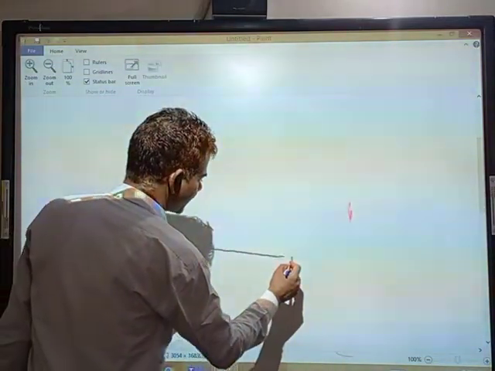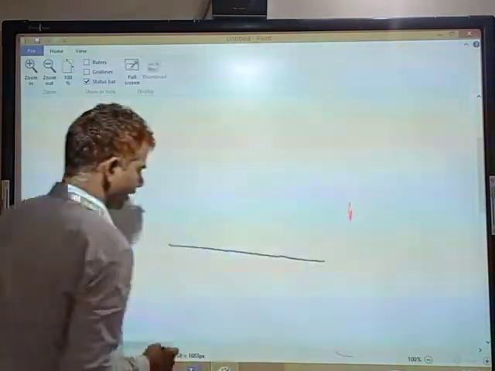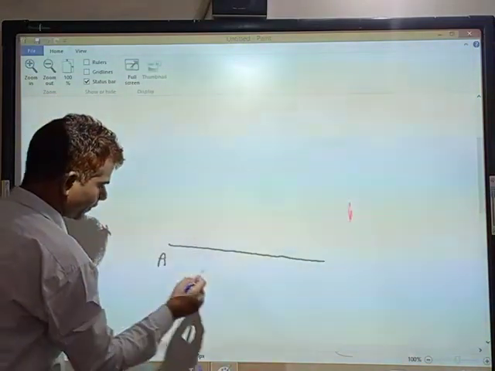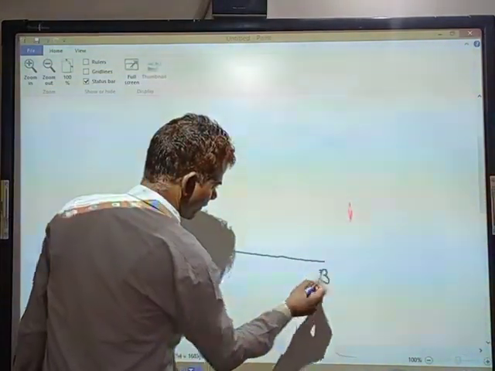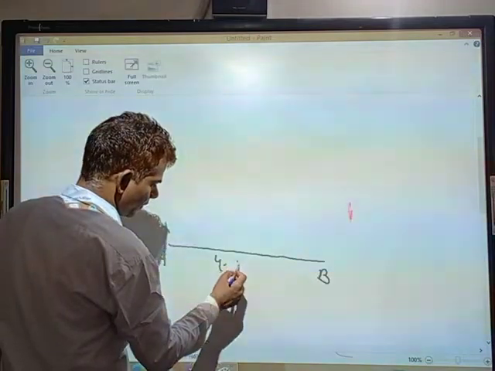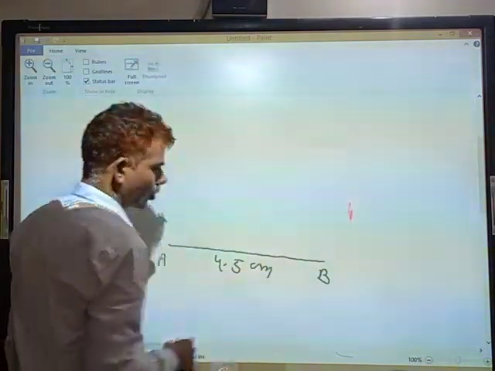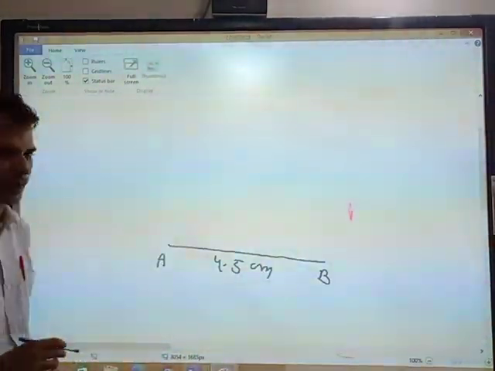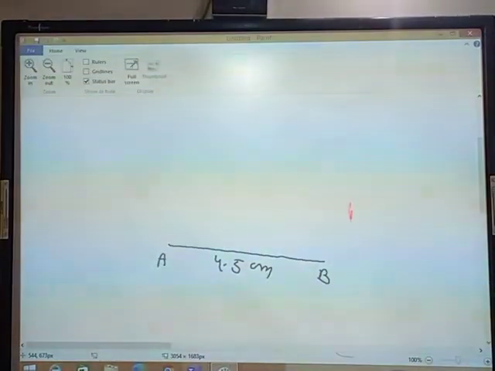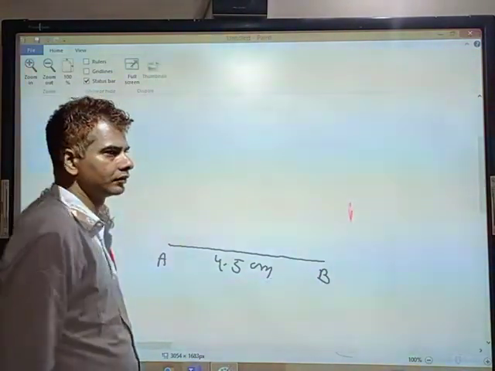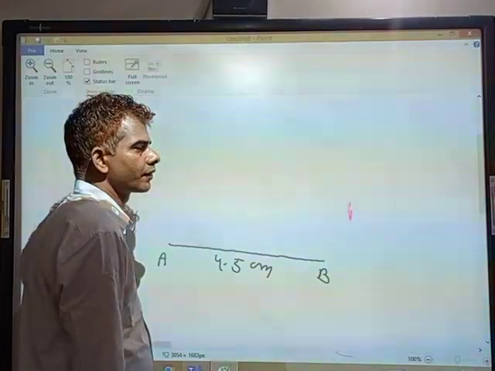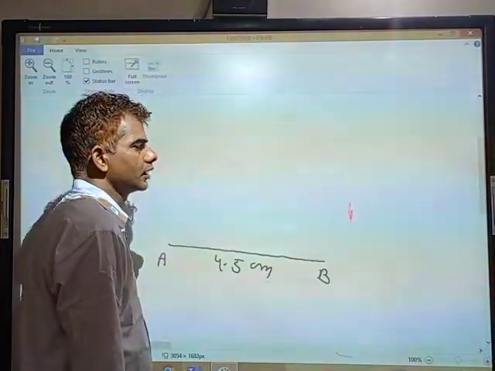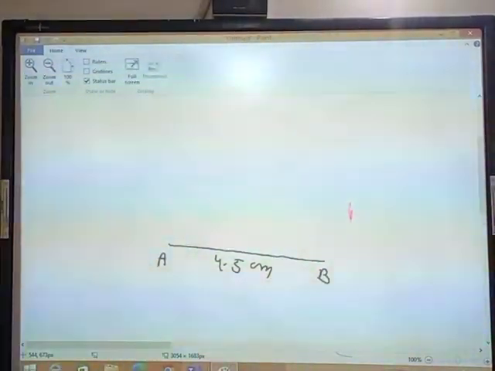Draw a line segment AB of 4.5 centimeters with the help of a scale. Have you drawn the line segment? Yes. Now your next is